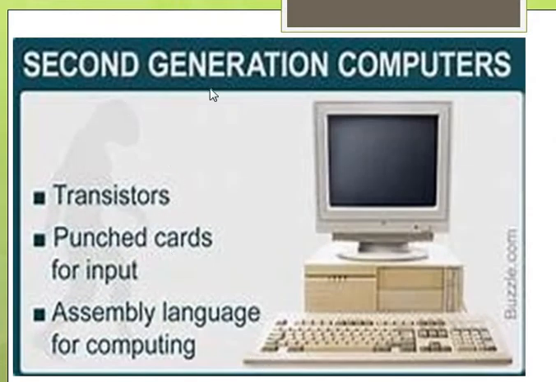Next is second generation computers. In the second generation computers, transistors are used. Instead of vacuum tubes, they used transistors. For getting the input, they use punched cards. Another feature is, for computing, assembly language is used. Not any high level programming language, they used assembly language, where mnemonics are used just like a group of numbers.